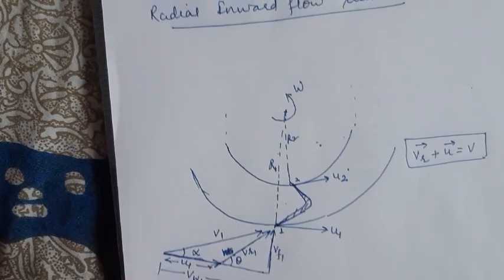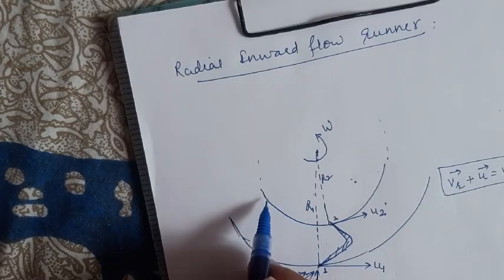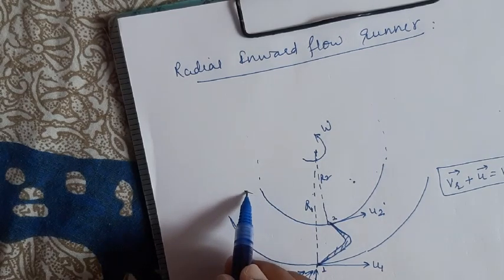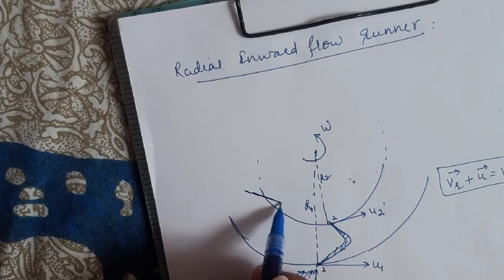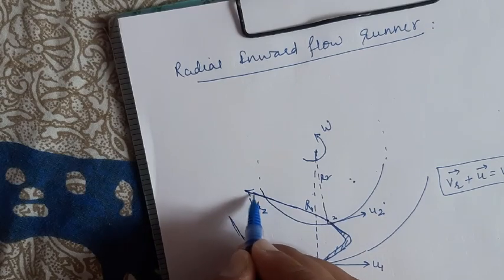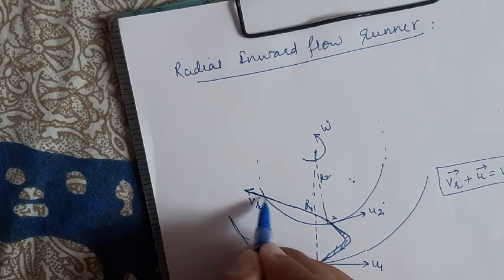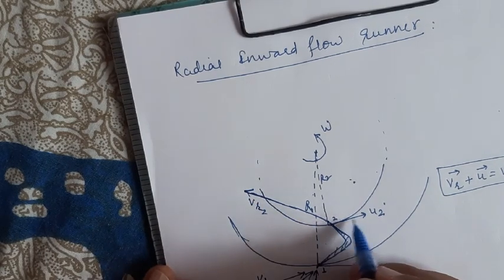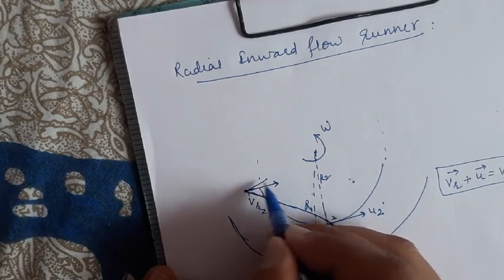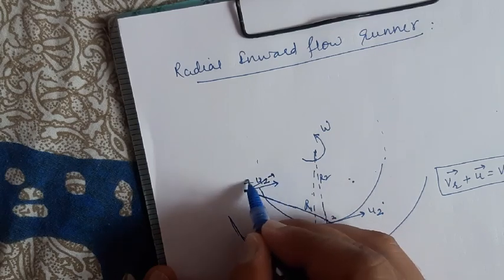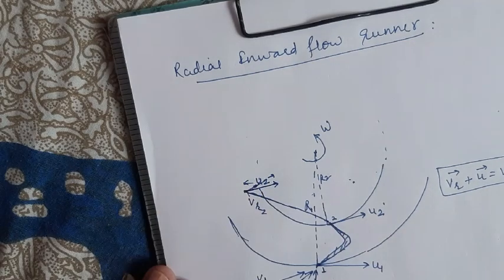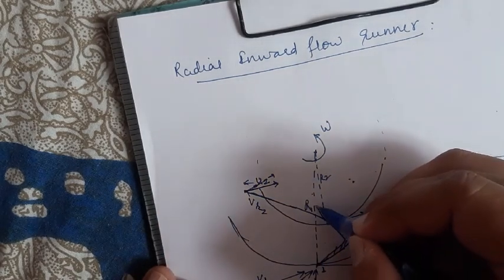Now the velocity triangle at the exit is very easy to draw. Just observe. The jet of water will leave radially. Sorry, the jet of water will leave tangentially. So this is Vr2. Tangentially, the jet of water will be leaving. This is Vr2. We add u2 to Vr2. This is u2. If Vr2 and u2 are added, this component would be